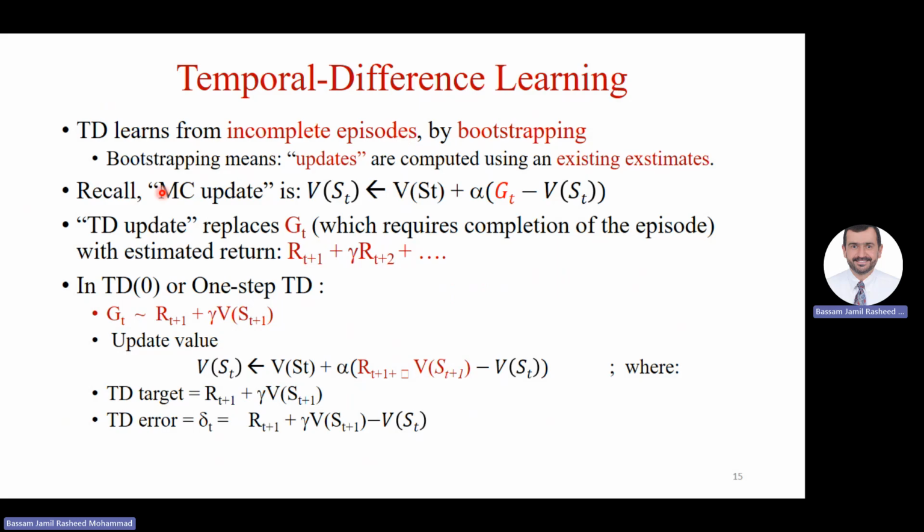So recall this equation here, we used it in the Monte Carlo, right? So the TD update replaces the G_t here, which we approximated by S over N, okay? We will say that this will be replaced by the reward when I leave the state plus the discount times the state value of the next state. All right, so we will approximate it as such. So we go back to this equation and we write it. The updated value of this state equals the old value plus alpha, the learning rate,